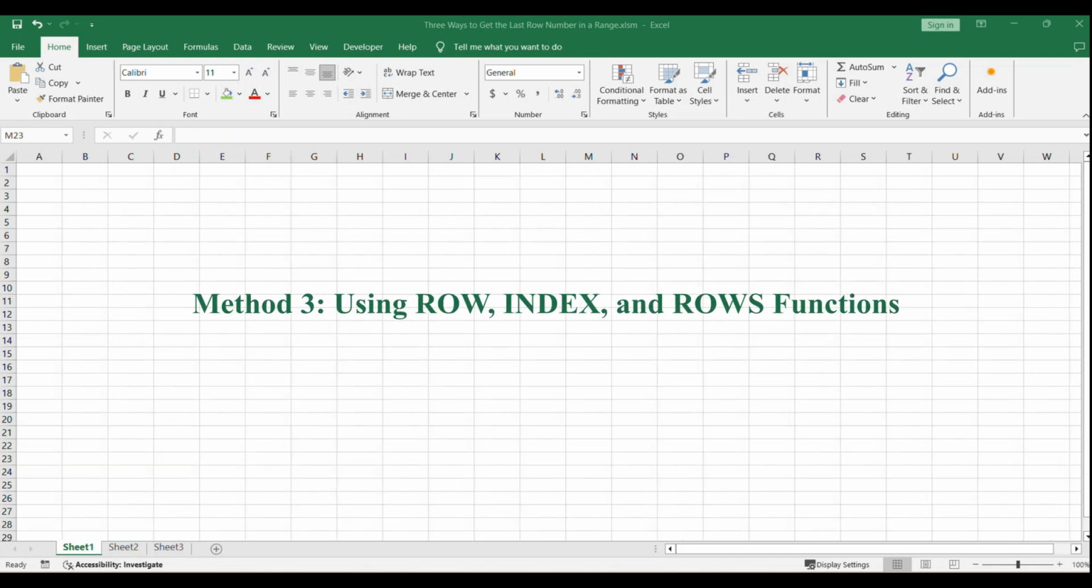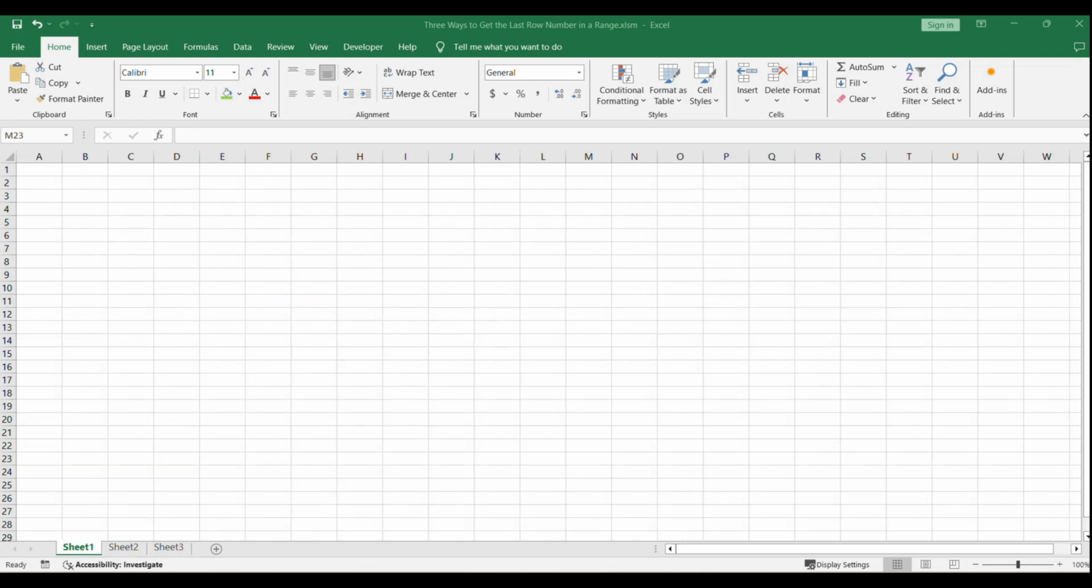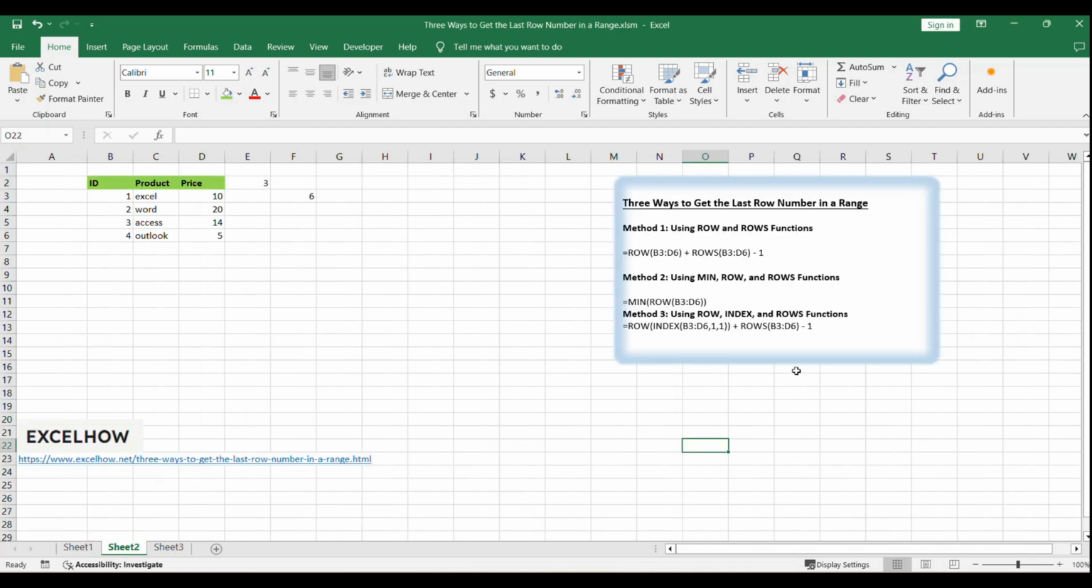For our third method, we introduce the INDEX function, which, when combined with ROW and ROWS, offers another approach to finding the last row number. This method is especially useful for more complex data structures or when you need to reference specific cells within a range. The INDEX function is a powerful tool for returning a reference to a specific cell within a range. When used with the ROW function, it can dynamically identify the first row number in a range, regardless of where